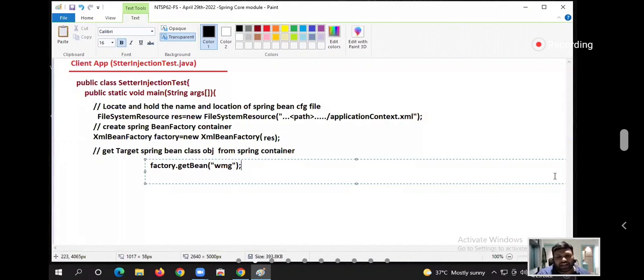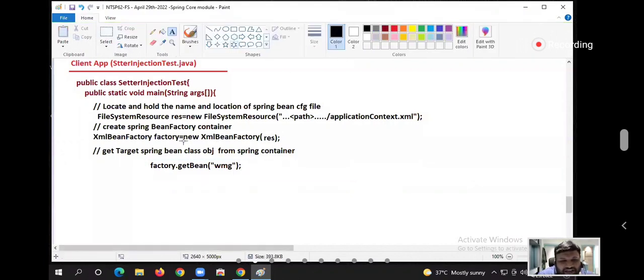Now onwards, the container is nothing but the factory. This object representing the Spring container is now in the form of factory. factory.getBean is the ready-made method. If you pass the X bean ID, it returns the X bean class object. Y bean ID, Y bean class object. Z bean ID, Z bean class object.